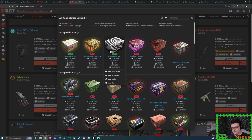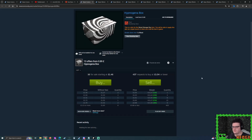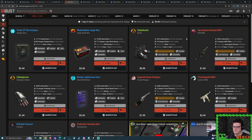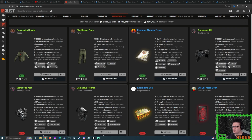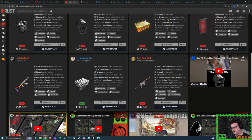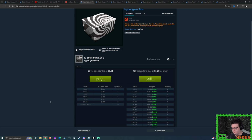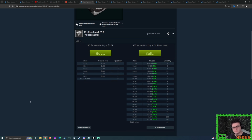Right, so it's actually doing quite alright at the moment. That's the only skin that we've had so far. So this potentially could be building up to becoming a storage collection. Only 16 listings! What? Right, what Rustle was it? Alright, February 2022. There we go. February 22, not 2022. You're being an idiot again. There you are. Alright, so it didn't sell that much, and there's only so many listings on the Steam market. And I'll be honest with you, it potentially could go even higher if we were to see another skin being